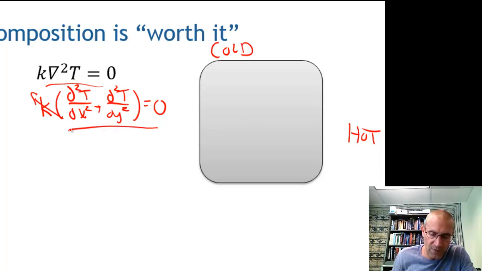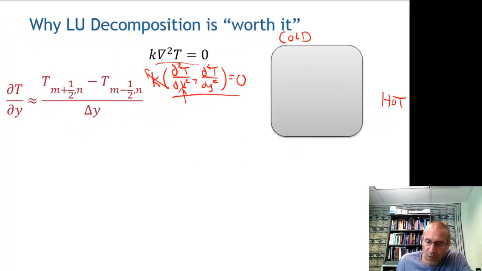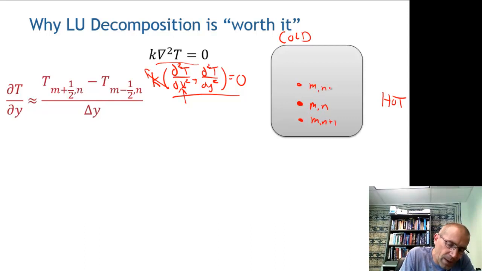So the equation that I'm solving is a second order derivative here. And I'd like to solve for that numerically. And so what I need to do is determine what is a numeric representation of this second order derivative. And the way I can do it is first just imagine I have some random point in this. I'll call that point there, and I'll give it index mn, so it's some location within the plate. And if I wanted to estimate what the derivative is there, well, if I was to discretize the whole thing, and so this right over here would be mn plus 1, and this would be mn minus 1, for example,